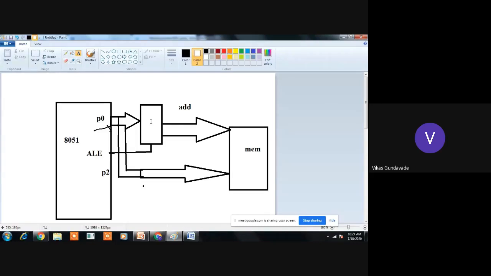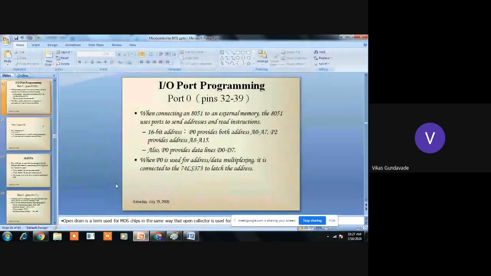These are unidirectional and bidirectional buffers, used towards the ports. Then we have seen 74LS373, which is used for demultiplexing of address and data bus. And the next one is the 74LS138 decoder. The working of this decoder we will see when we go towards the interfacing of memory to the microcontroller. So this is called demultiplexing of address and data bus.